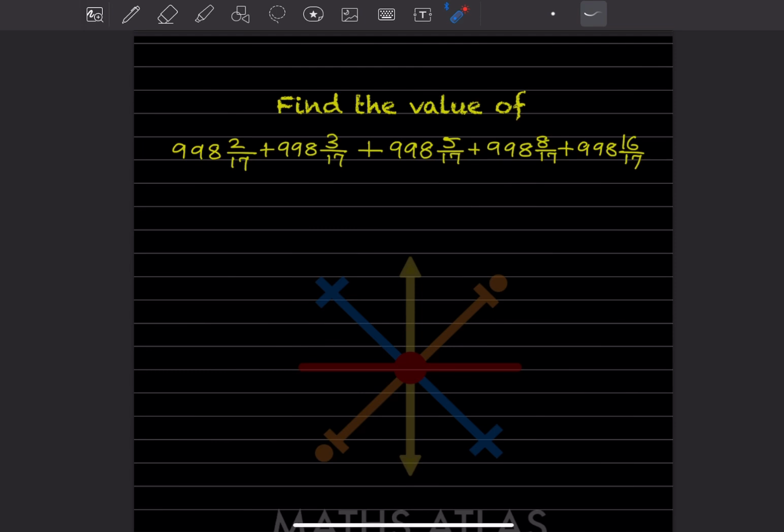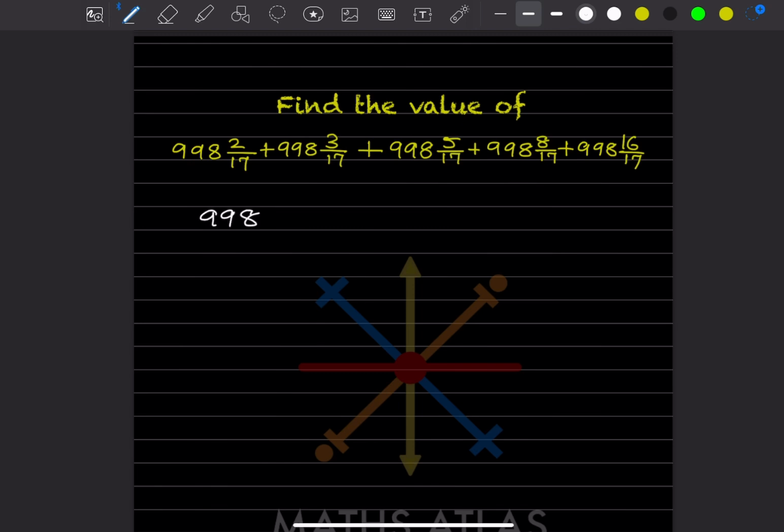Today let us see how to find the value of this one. So now what you can see, these are 5 terms. So in this one we can see 998 is in every term. So what are we going to do here? So we'll write here